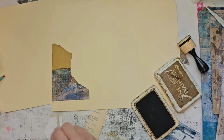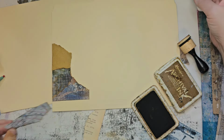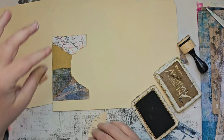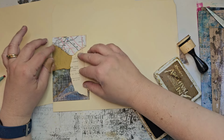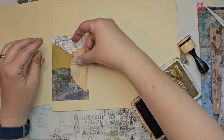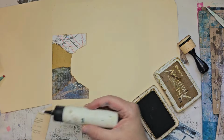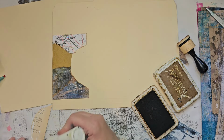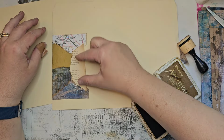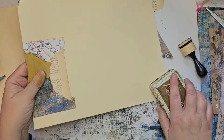Alright, and then I'm going to put this piece on the top, I think. And it doesn't matter which order you go. I mean, if you have your template first, that makes the most sense. I'm pretty sure that Gail has a template so that she can not have a big space in the middle at the end. So ours is going to be just a little... Well, that's part of the problem. Yeah, it did not come out even, but that's okay. I wasn't going into this with all kinds of perfectionist expectations, so I'm just going to line that piece up there, and then when I cut this out,